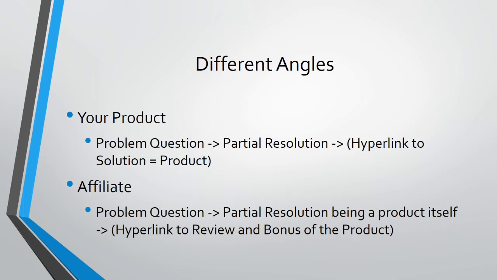Now, as an affiliate, you could send them directly to your affiliate link. That's fine. So you could kind of take the angle of your product up here, but to get higher conversions, what you might want to do is problem question, partial resolution being a product itself, and then maybe a hyperlink to the review and bonus of the product. So a review of the product, you could be linking them to the review,